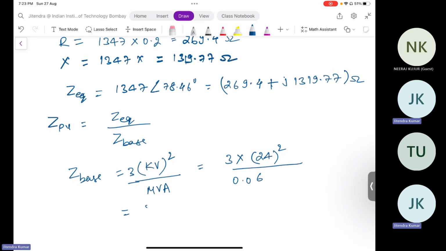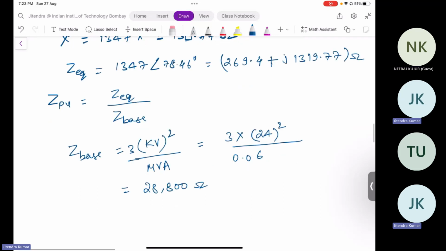28,800 ohm is the base value. Okay, sir, so we are done with it. And now to compute this R equivalent plus JX equivalent in per unit, we have to divide it by 69.4